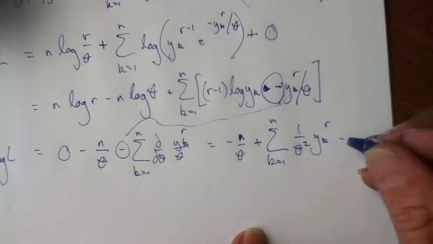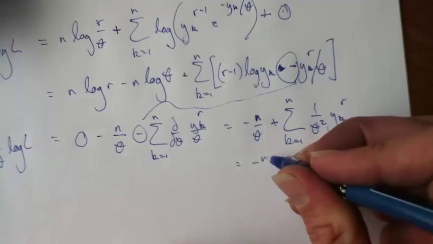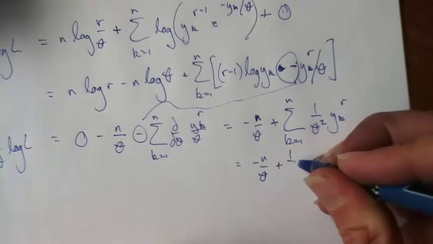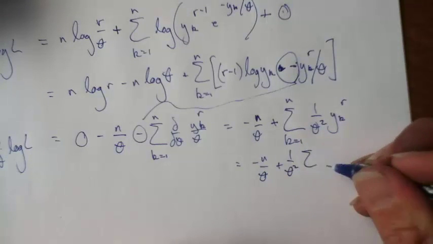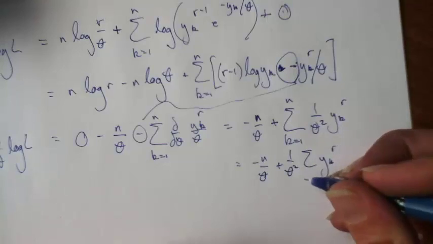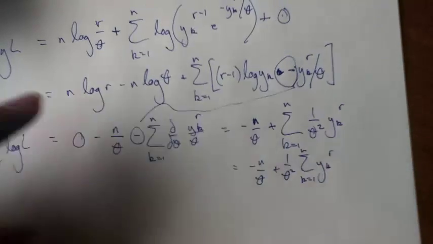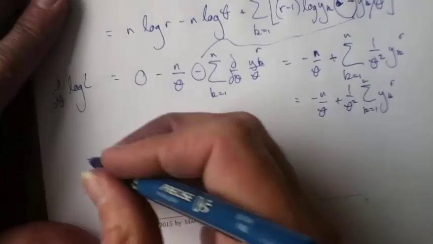Or just negative n over theta plus 1 over theta squared times the sum of y k to the r, k goes from 1 to n. So then setting this to 0,